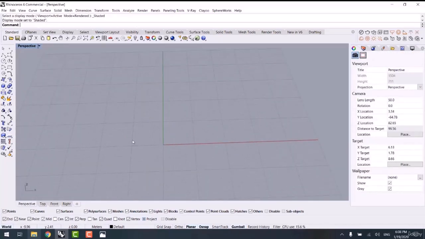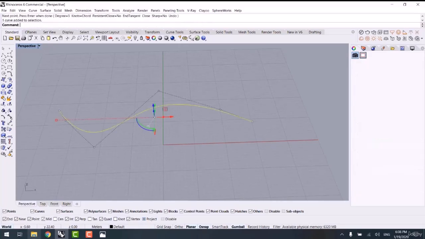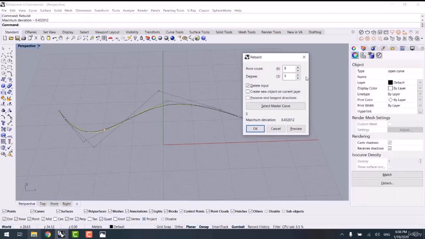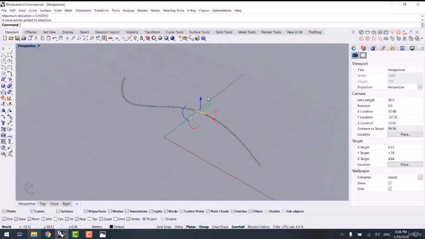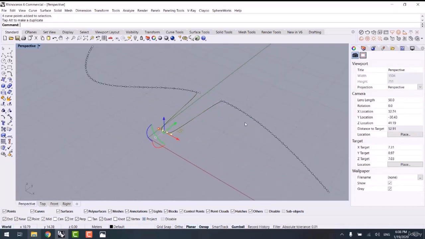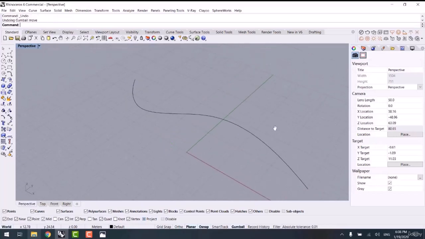Well done. Let us talk about the next command, which is similar to Softedit surface, but it is applied to curves, not surfaces. It is Softedit curve. The Softedit curve command moves the curve area surrounding a selected point smoothly relative to the distance from the selected point. For example, here we got a rebuilt curve in which we got too many control points, and we want to modify the continuity of the curve, and we cannot select several points and then move them smoothly. So in order to move this curve area